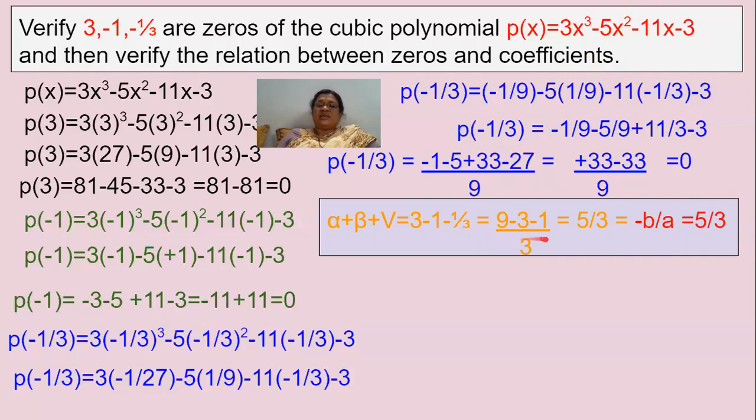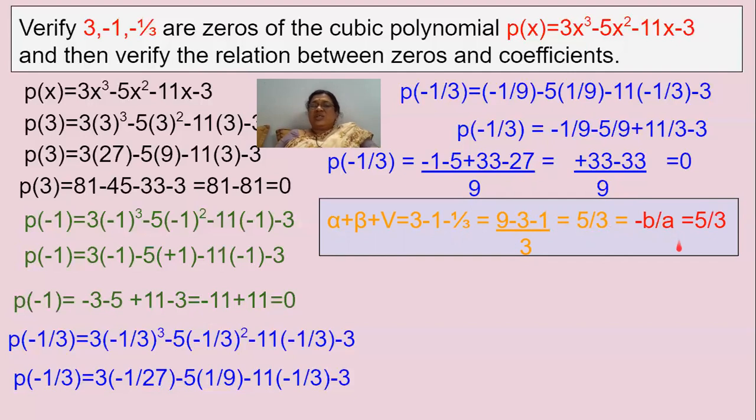So here the LCM is 3. Nothing is there in the denominator. Just simply you multiply 3 3s are 9, 3 ones are 3, and 3 is there in the denominator, no need to multiply, just simply you put minus 1. So 9 minus 4, you'll get 5, that is 5 by 3.